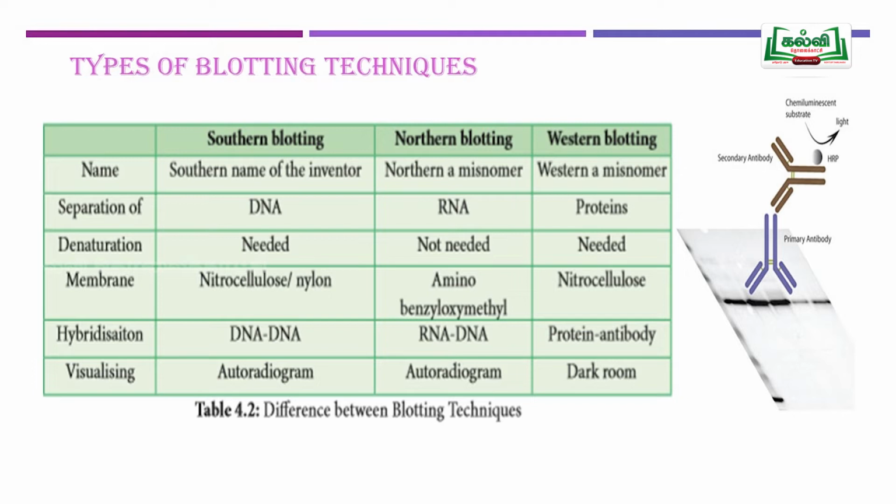It is detected by antibodies. Primary antibodies we will add, followed by a secondary antibody. So two types of antibody we may use. One is coated with a chemifluorescent substance. Due to that, light emission will take place. So we will easily detect whether the particular protein is present in the sample or not. Otherwise, we may also use radio-labeled antibodies. Then we have to go for the autoradiography technique.